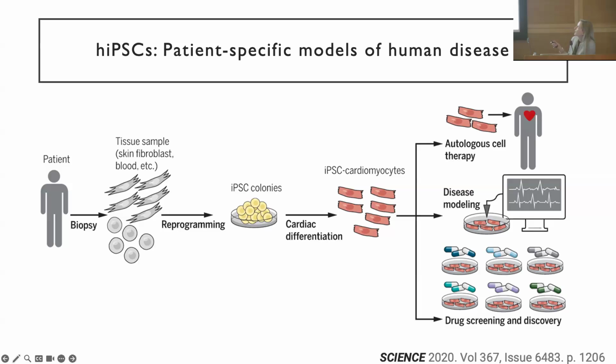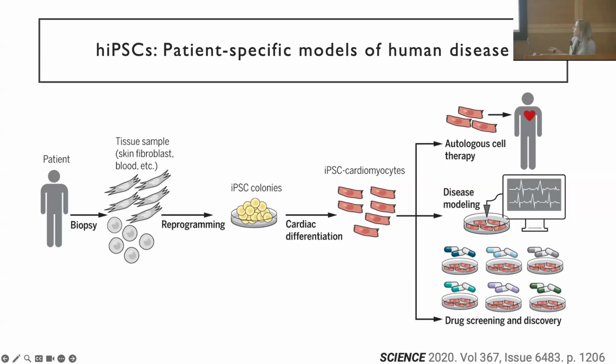Other interests for these cells are for cell therapy. So obviously, if you take a stem cell from somebody, they may be less likely to reject it in a cell therapy context. I'm not going to talk about that today, but just to give you a sense, because I think I'd be remiss if I didn't: these cells are actively in clinical trials for macular degeneration, Parkinson's disease, and type 1 diabetes, amongst other things. So they are actively being investigated as clinical therapies.